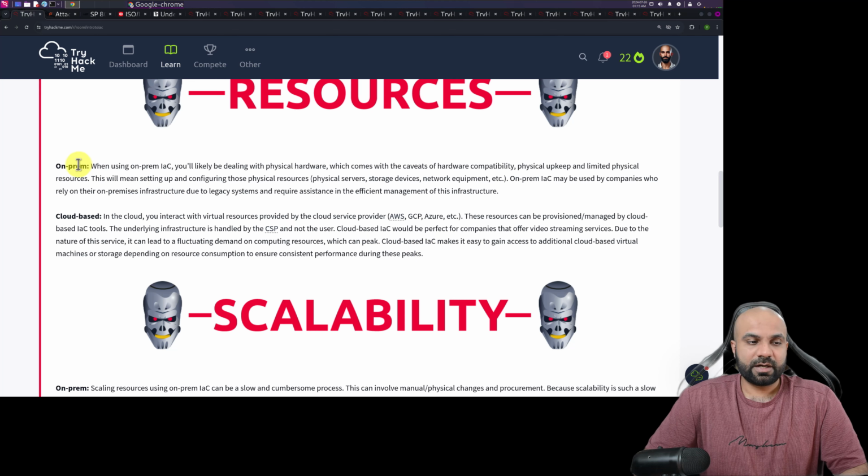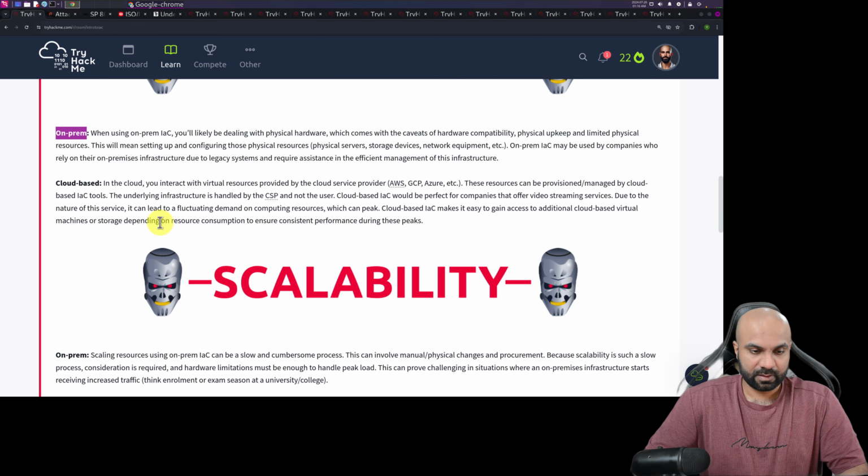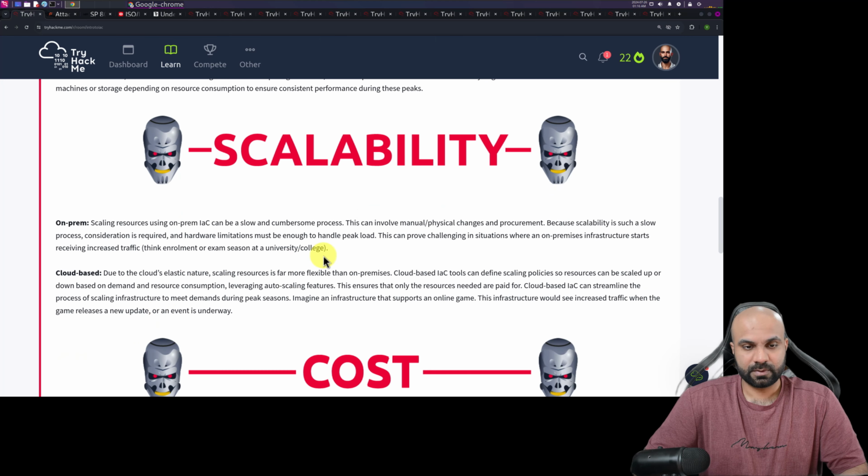So on premises, you already know your capability, your limitation. On cloud, basically you can acquire new resources as per your demand. Okay, you can decrease or increase the resources, and the billing will be as per the resources that you are using. But on premises, billing is as per the capacity that you have, right? So there is a capacity payment and there is an actual resource usage payment. Okay, so both of them are different in this context.